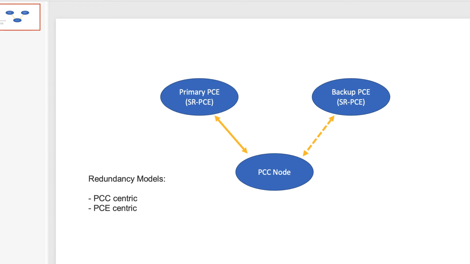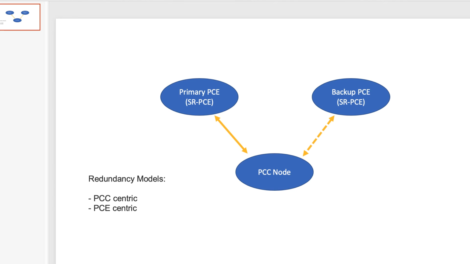So as soon as that PCC, our headend, detects, okay, hey, the primary SRPC is gone because I'm not receiving a keepalive, it can quickly resend a report to the backup SRPC and set the delegation bit to that backup SRPC, which will say, okay, hey, backup SRPC, now you are primarily responsible for any of these paths going forward.